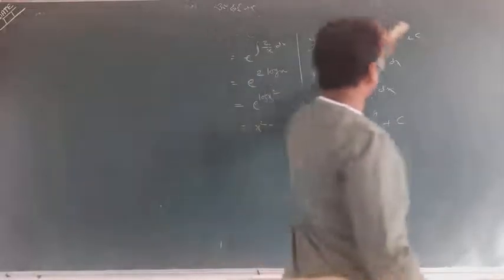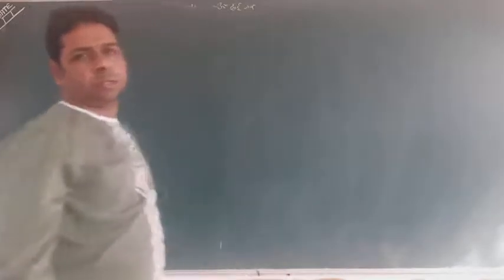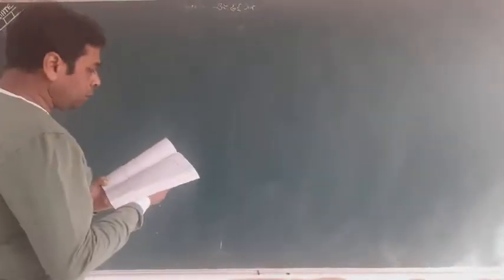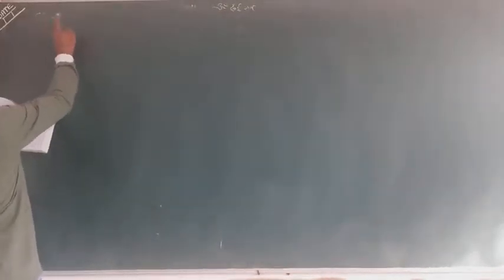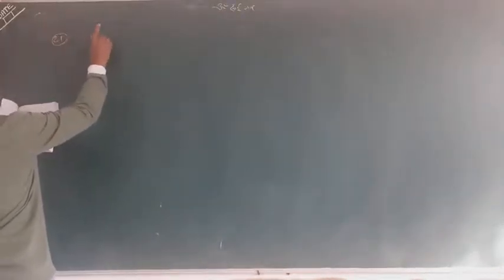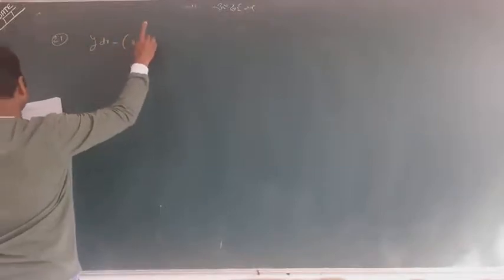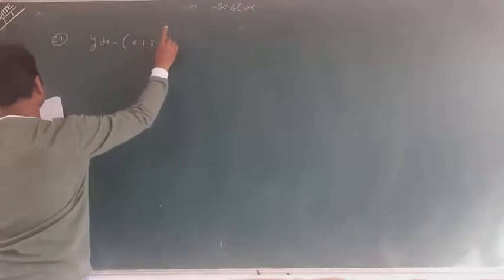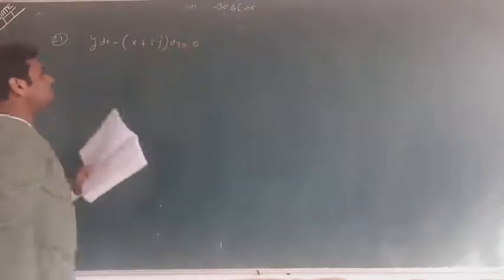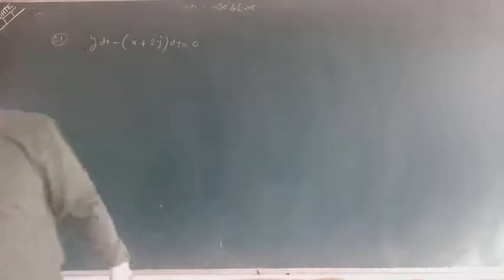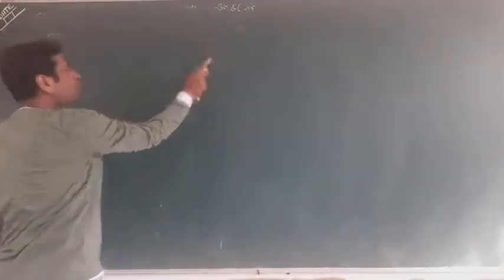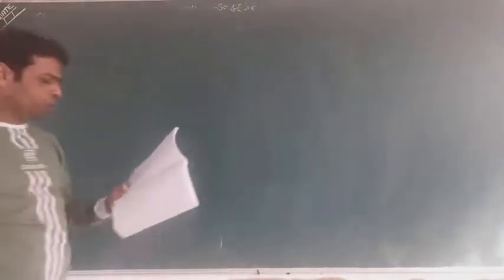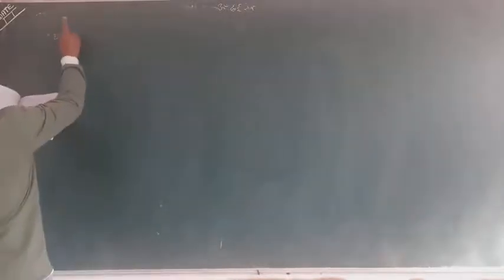Okay. The next question I am telling you. All examples I will tell you, but it is your duty, you know it. Now I am telling you question number 21, example 21: find a general solution of y dx plus (x plus 2y square) dy equals 0. This is actually of type dx by dy. It is not in your syllabus, so I am leaving it. Remember, question 21 is out of syllabus. Please drop it.